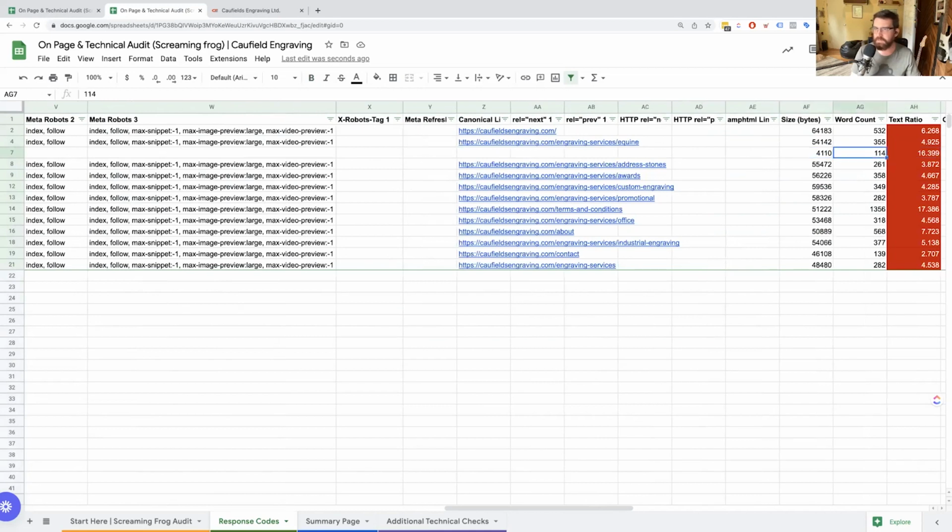Oh, next one would be word count, something you're probably going to want to keep an eye on. So I'm going to have to update the template. Why? Because I want to have conditional formatting on this so that if it's under 300, it gets highlighted. And remember, 300 words or less is considered thin content, and thin content is bad